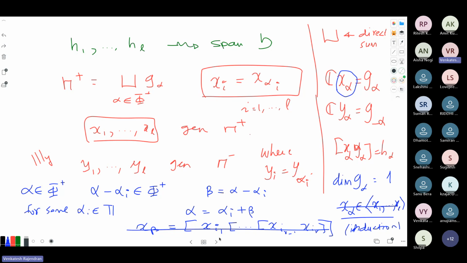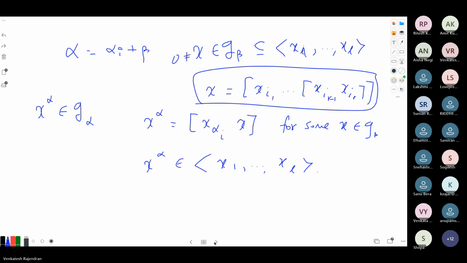That is enough. This is just simple induction on the height, and it tells you that whatever root element that you have can be obtained using the successive brackets of these